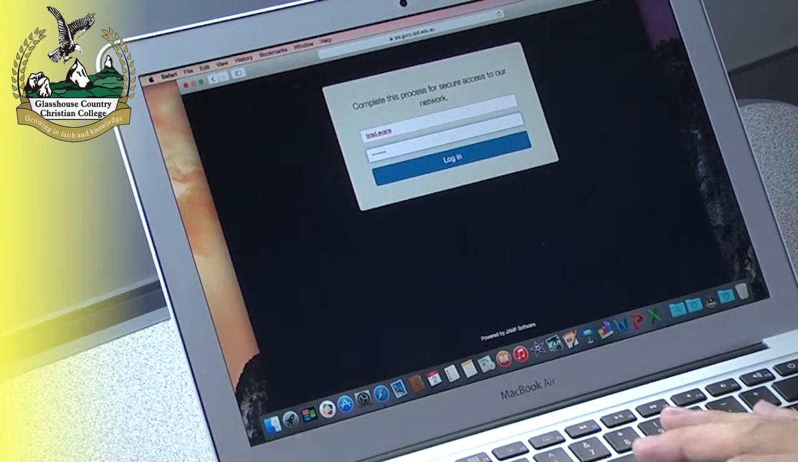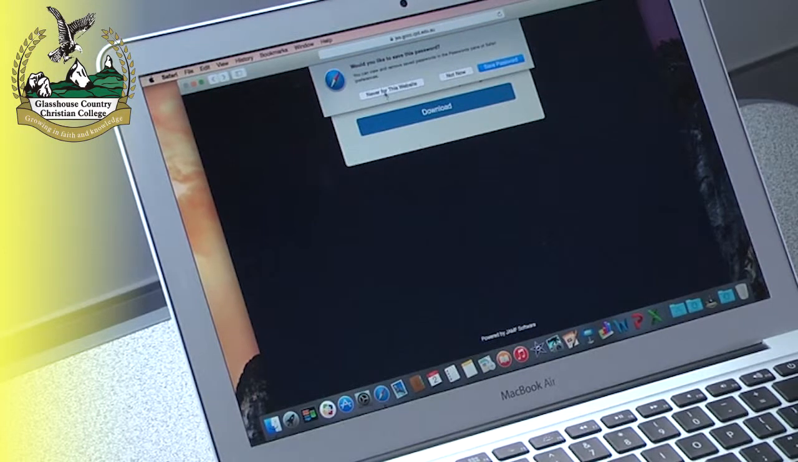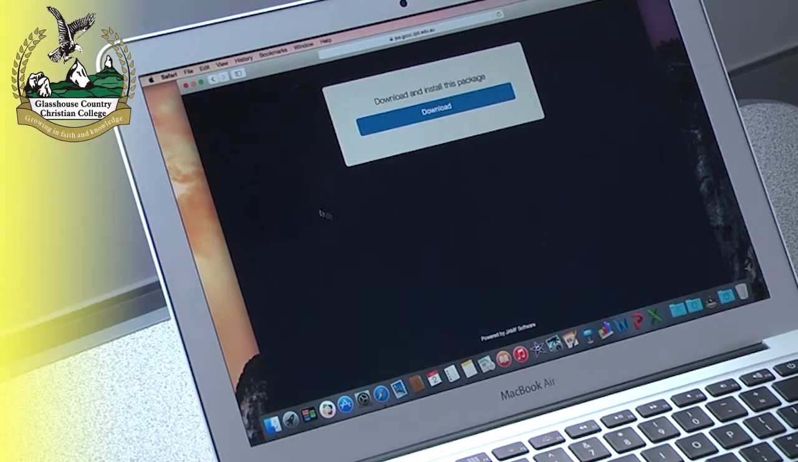Okay, and then just choose login. It's going to ask you, would you like to save this password? It's not that important whether you do or not, so I'm just going to choose not now. Alright, so the next option says download and install the package. Click download,